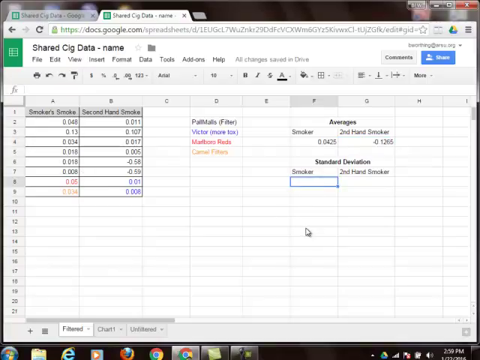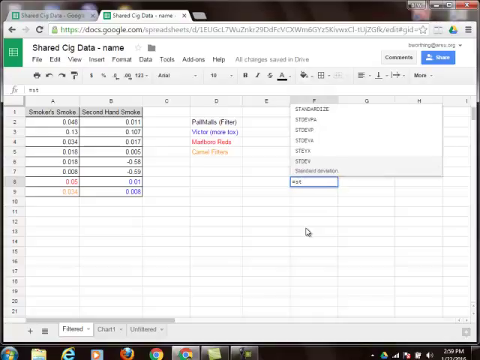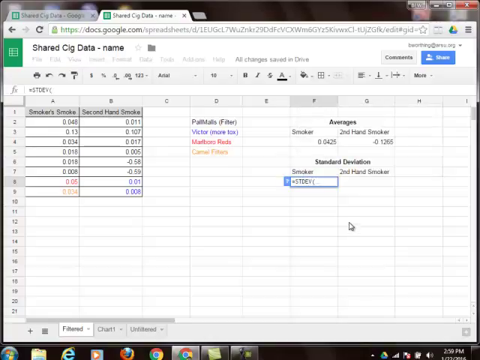So I'm going to do the same thing, equals, but instead of average, I'm going to put ST for standard deviation. It gives me a couple different ones here, and maybe best to go just to standard deviation so we're not doing a sample, so right here, click on it. I'm going to click on cell A2, drag down to cell A9, and close my parentheses. There's the standard deviation. Drag that over. All right, so we have two